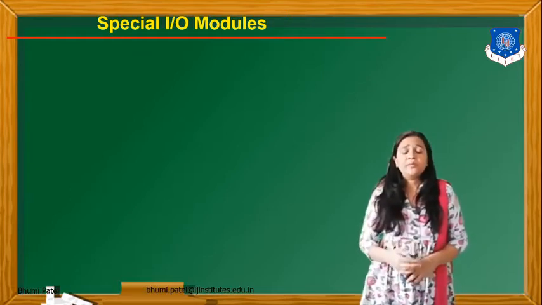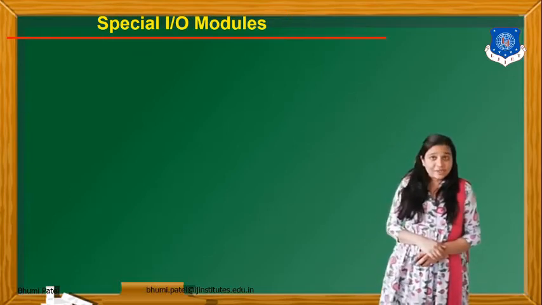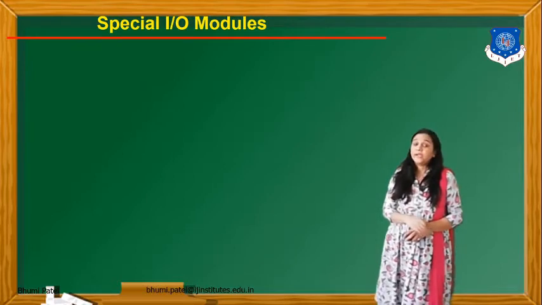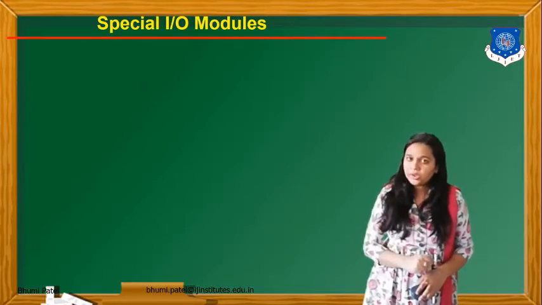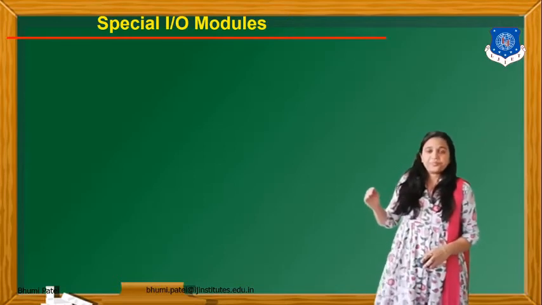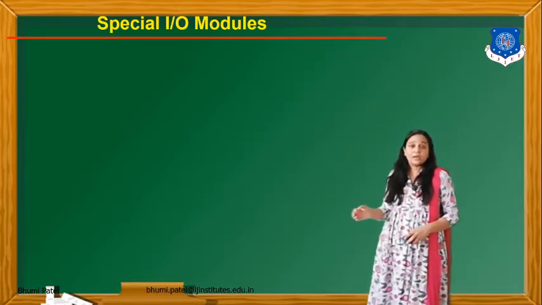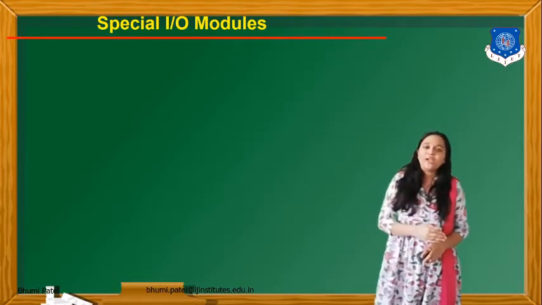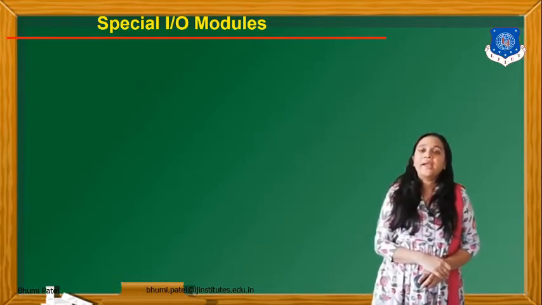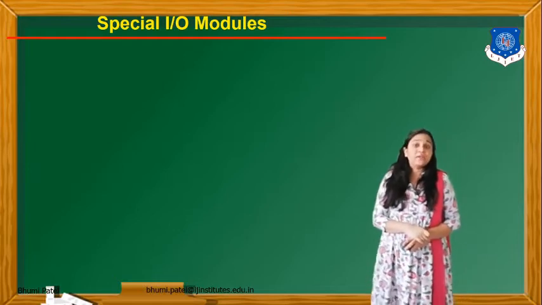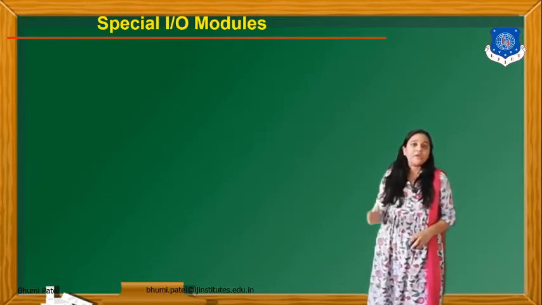So depending upon the system requirement, we can connect the analog input module as well as the output module. If we connect the input as a level transmitter, and calculate the pressure at the output, we cannot get the correct answer. Okay, so the next topic is the special I/O modules.